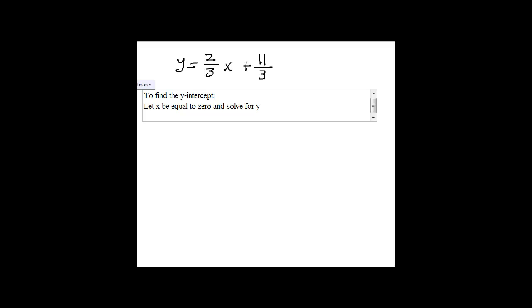In this case, we want to let X equal to 0. You can make a little chart like this. This is X, and this is Y. If I let X equal to 0,